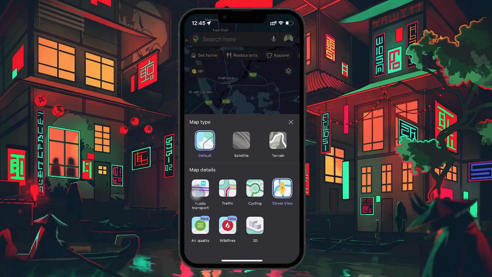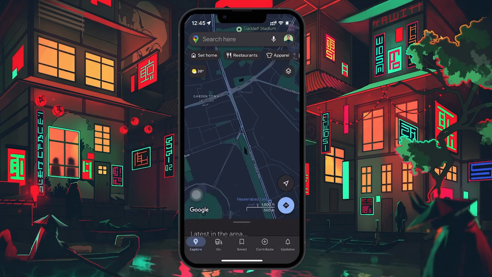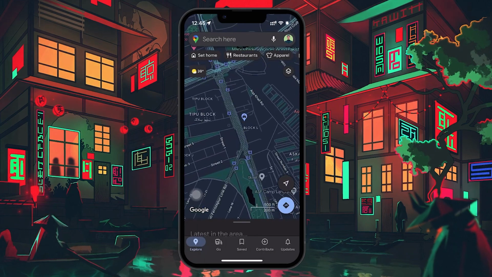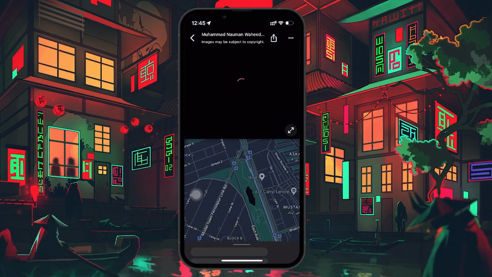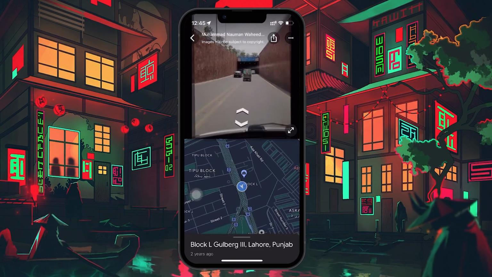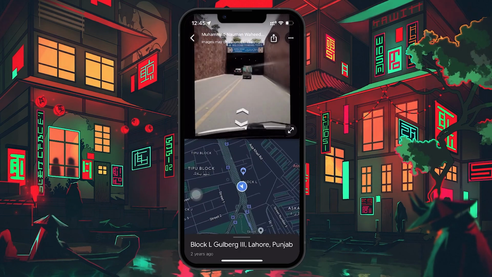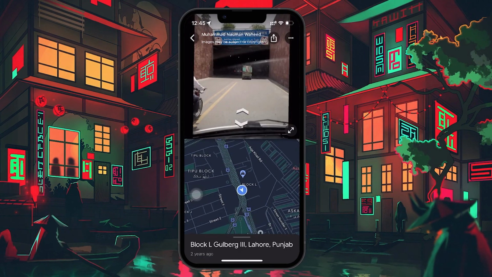Just like on the PC version, you will see blue lines and dots indicating where Street View is available. Tap on any blue line or dot to enter Street View mode. You can navigate through the streets by tapping on the arrows or swiping the screen to look around. By following these steps, you can easily use Google Maps Street View to explore locations on both your PC and